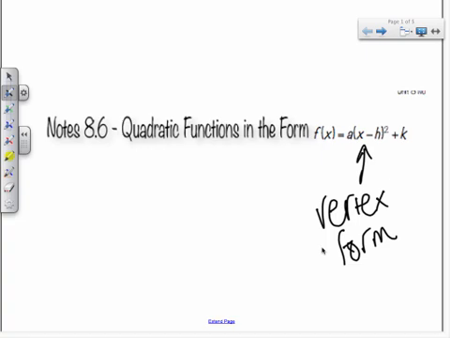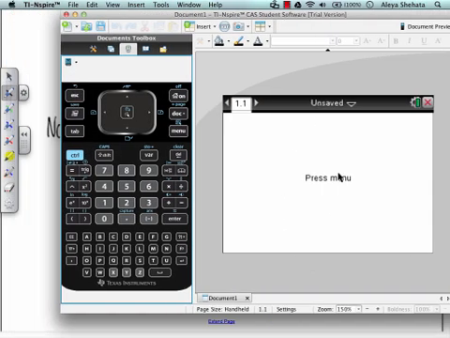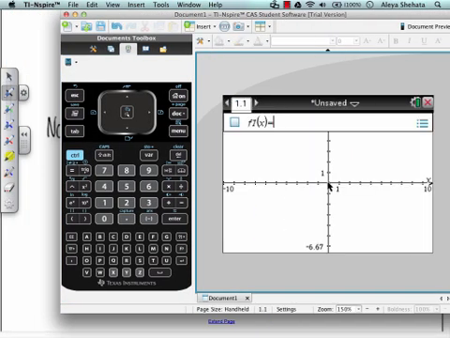Now the nice thing about this form is that if it's written this way, then you can identify what the vertex is immediately. So what I want you to do first of all is open up your calculator. We're going to just look at a couple examples and then we will move on and find the vertex for each of the examples that we have on our paper. So if you could open up a graphs page, and then I'm just going to randomly make up an example. So let's do 2 times x minus 4 the whole thing squared